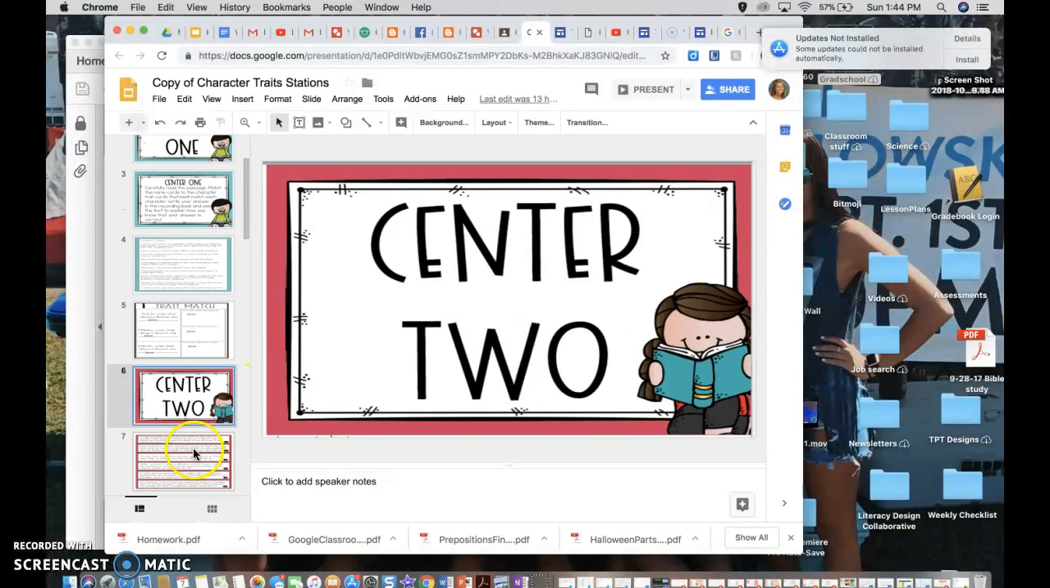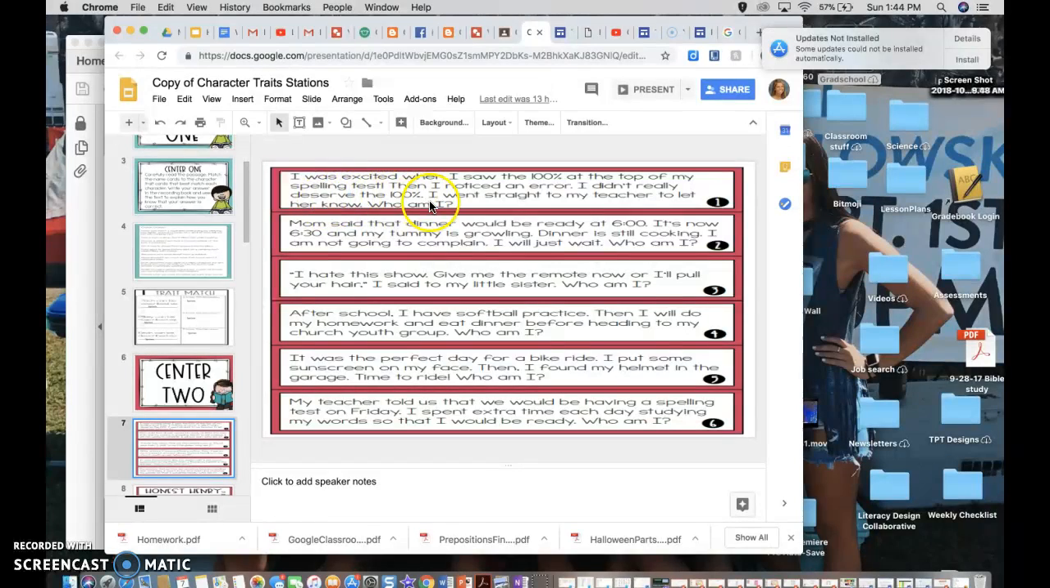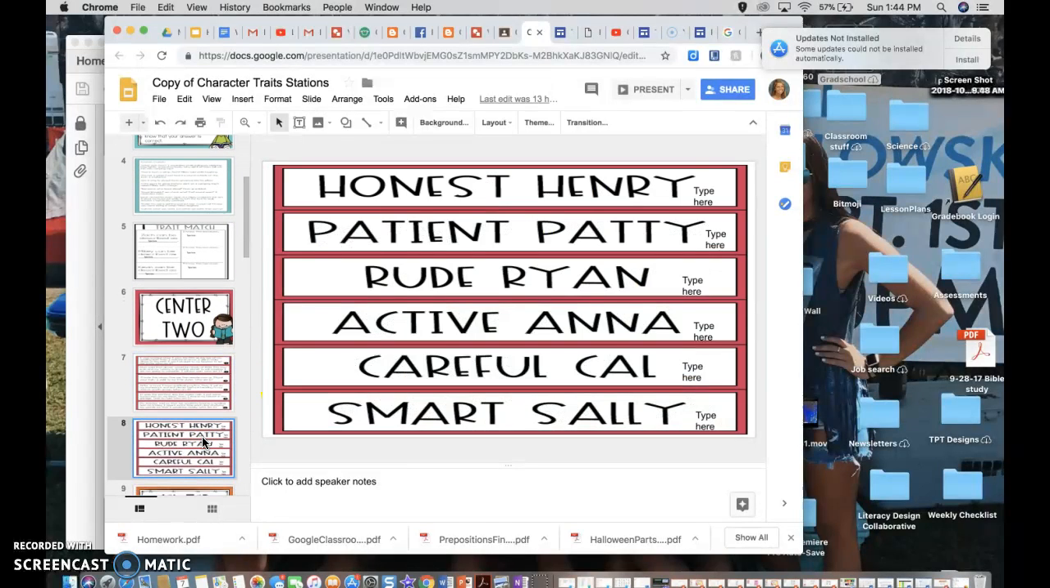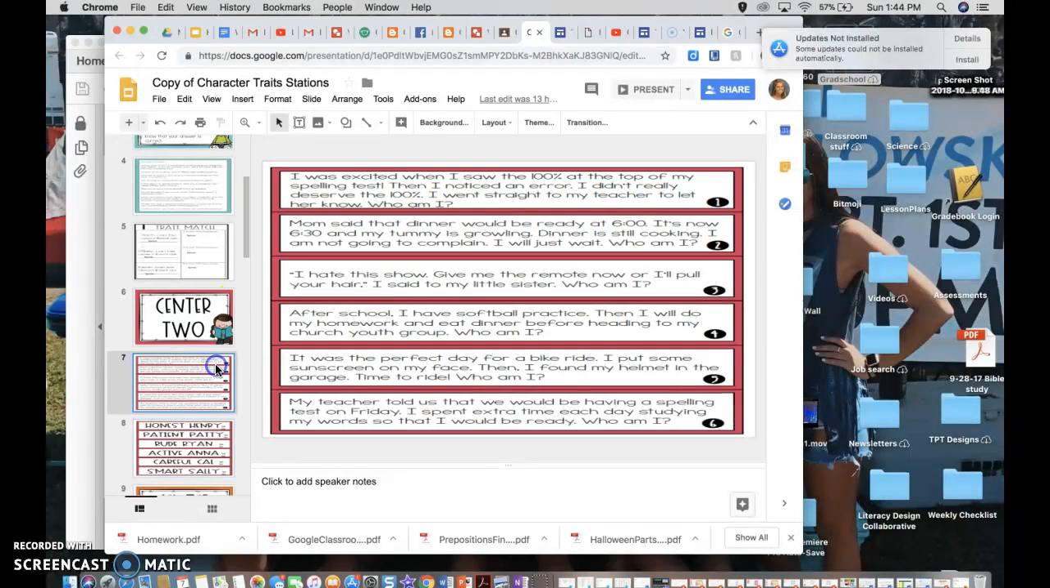For Center 2, you have these statements. I was excited when I saw the 100% at the top of my spelling test. Then I noticed an error. I didn't really deserve the 100%. I went straight to my teacher to let her know. Who am I? Here you have your honest Henry, patient Patty, rude Ryan, active Anna, careful Cal, smart Sally. Well, sounds like he's being honest because he got a 100 and he didn't deserve it. So you could put